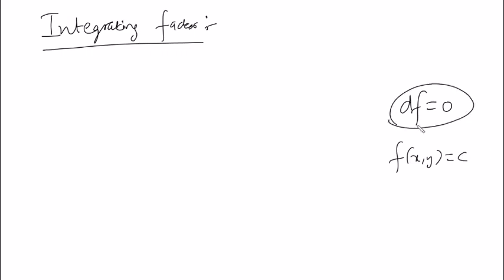Before I define this term, integrating factor, we need to understand the meaning of integrable. Just like we were using the definition that this function is exact differential, if there exists a function f such that d of f is 0. We know that after this step, if we integrate, we will reach the solution. So this is nothing but a form of the differential equation. Your original differential equation is being written into this form, df is equal to 0. We say it's an exact differential equation if there exists a function f such that you can write it.